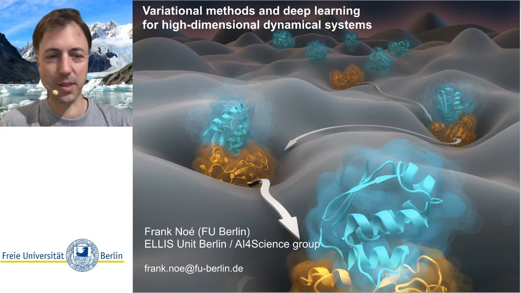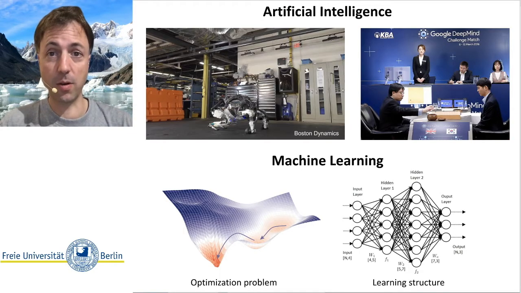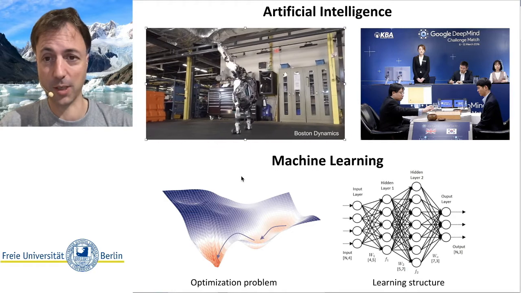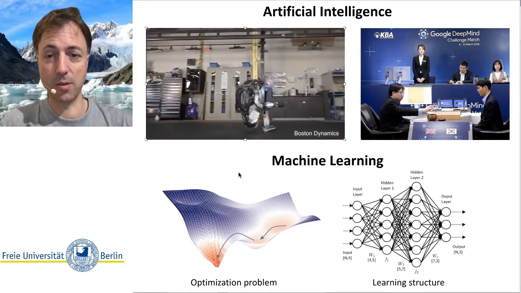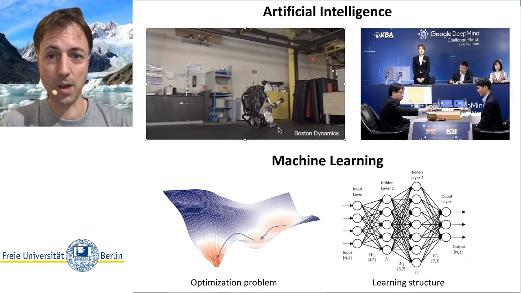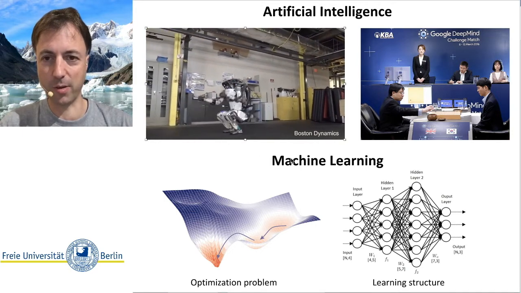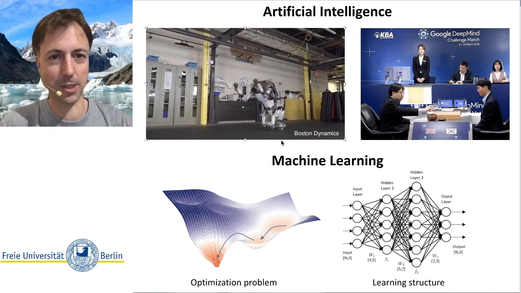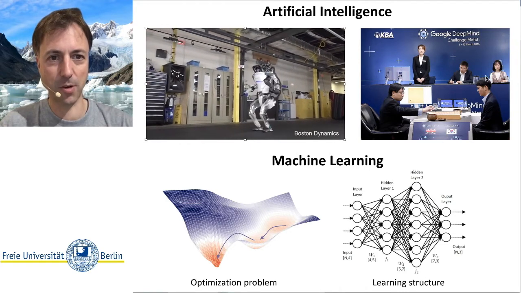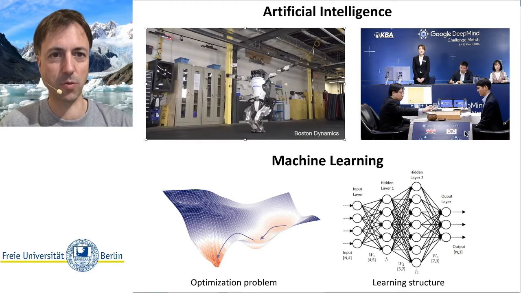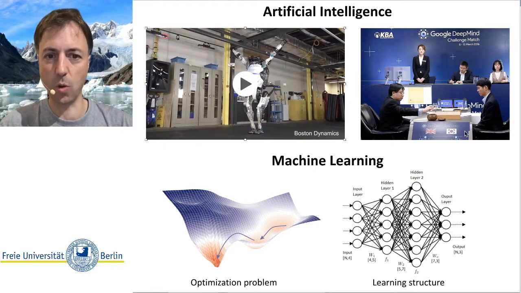We are very interested in developing machine learning methods for physical problems. If you consider AI or machine learning methods in general, there are some famous examples that I'm sure you'll know. For example, there are all of these control problems around building robots that maneuver in complex environments or do tricks such as this one. There is reinforcement learning used, for example, in the AlphaGo system of Google DeepMind to learn to play Go.